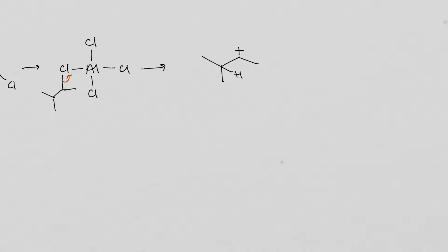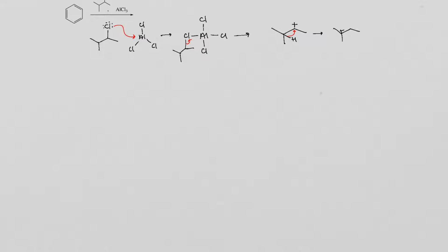So this, let me draw that a little nicer, is entirely possible. So, what does this mean? Well, when we have two different electrophiles, we can get two different products. So, going back, we're not going to draw the whole mechanism for it, don't worry. So we draw in our benzene, right? We go here. We have two products,